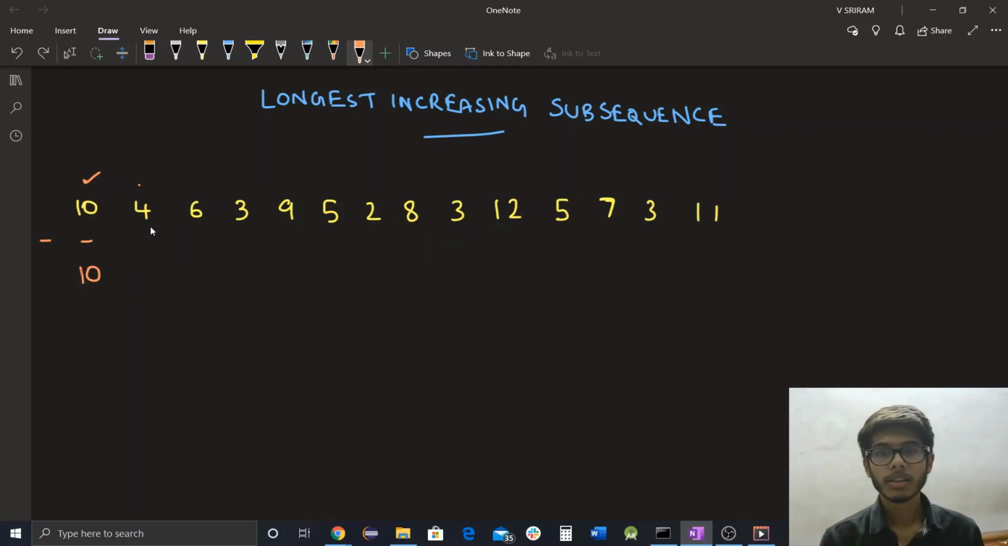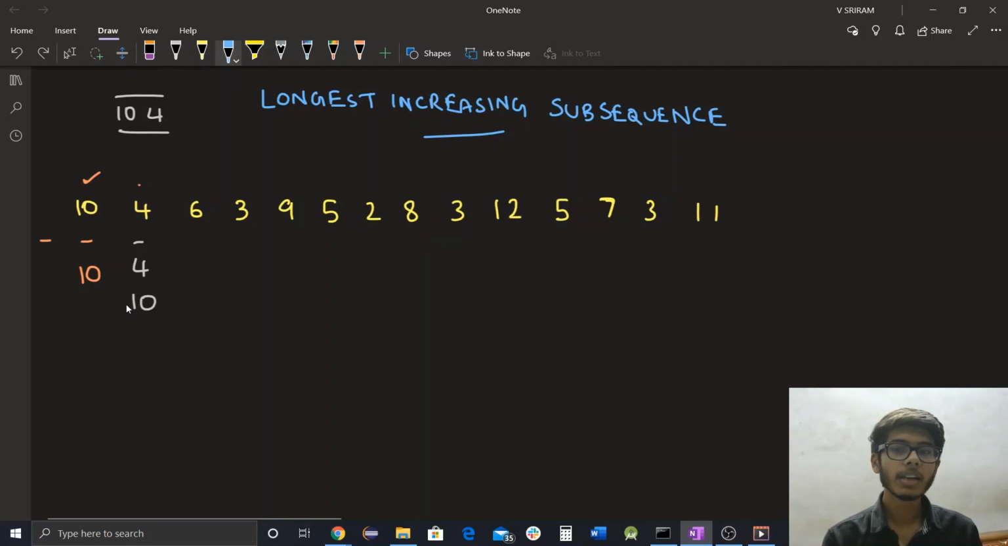Now there are two possible subsequences here, that is 4 alone and 10 alone. We cannot have 10 and 4 as a subsequence because this is not an increasing subsequence. So this cannot be a valid candidate. Now we have two subsequences, both of length 1. Now we can see that we can discard this subsequence that consists of 10, because